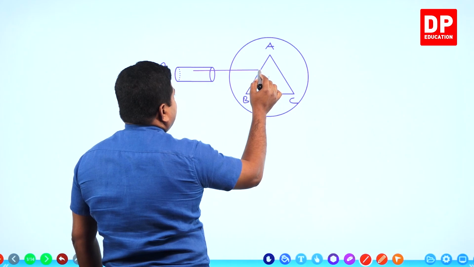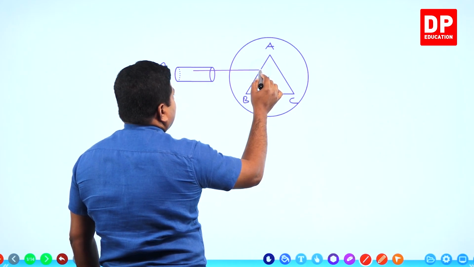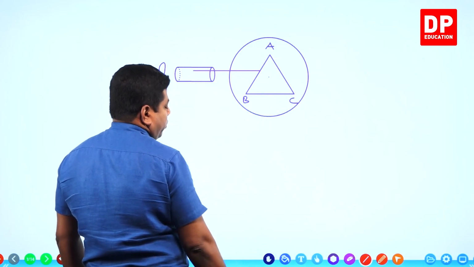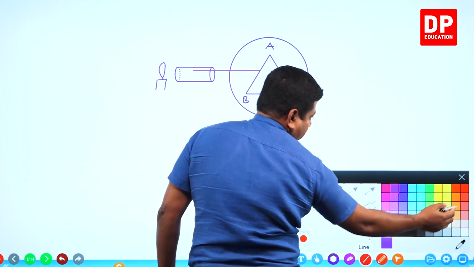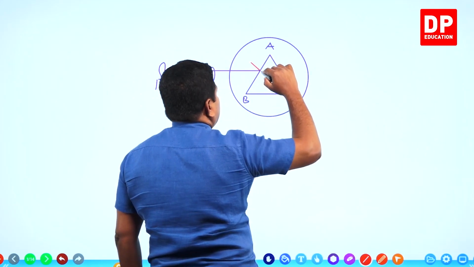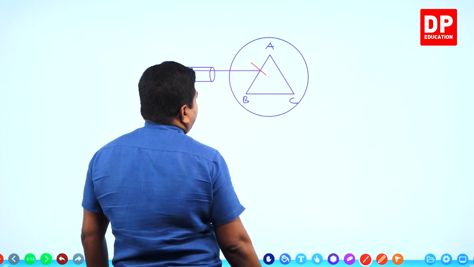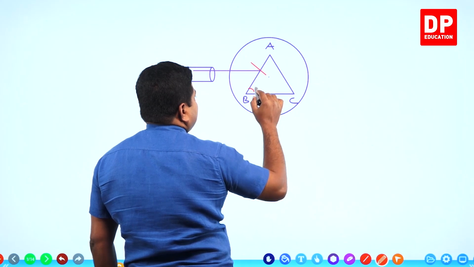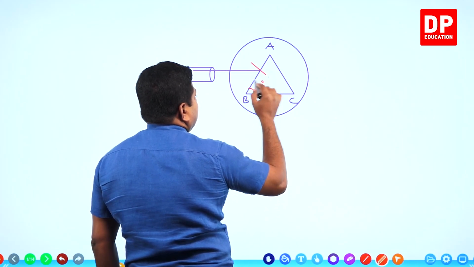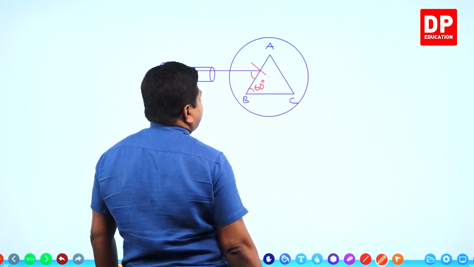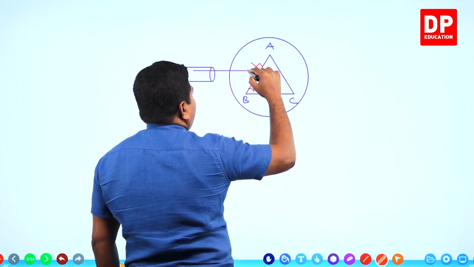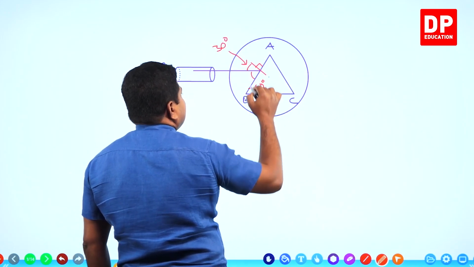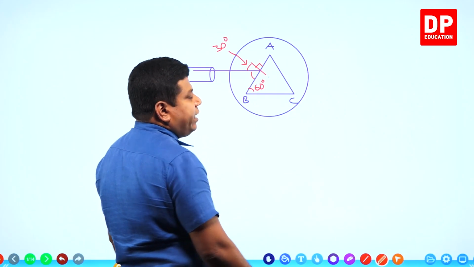A ray coming from here would reach the prism like this. Let me draw the normal. Right, that's a normal. It's an equilateral prism. Then this angle is going to be 60 degree, which means this is also 60. This is 90. What would be this angle? That will be 30 degree. Altogether, it has to be 180, 60, 60, 90. That will be 30 degree.